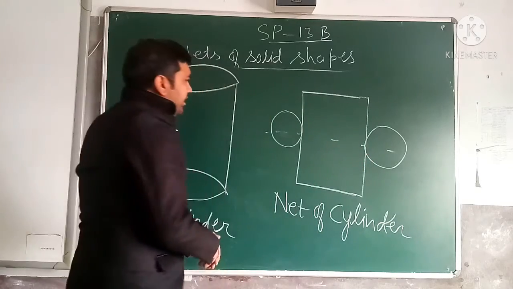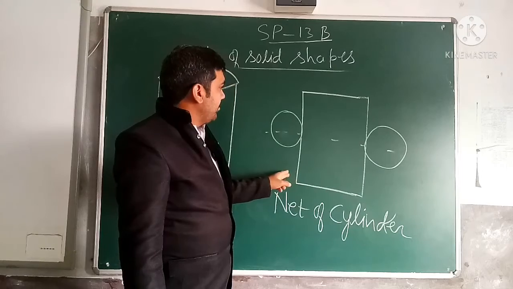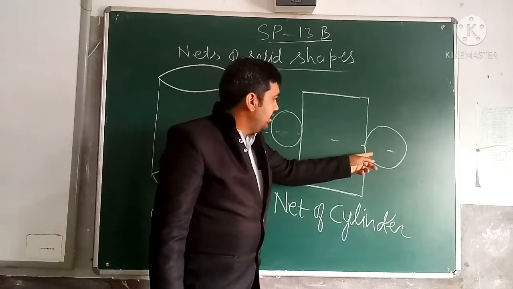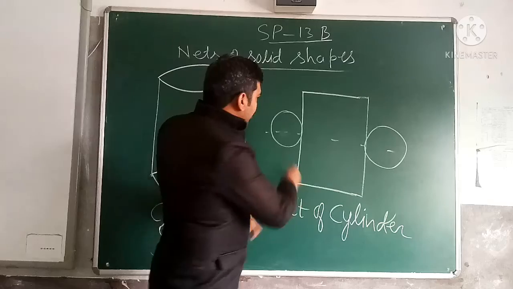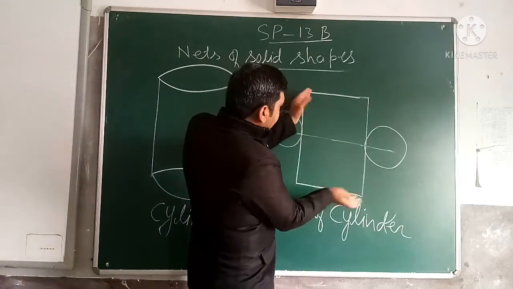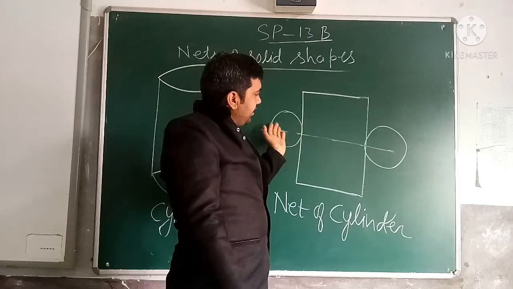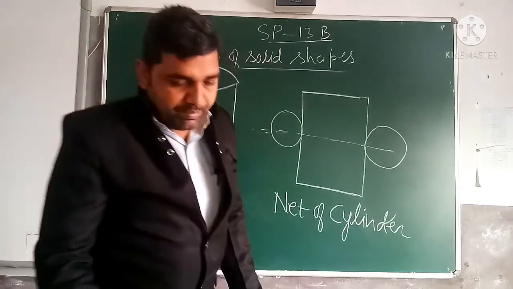You can take a piece of paper at your home, cut a rectangular piece of paper and two circles, and paste its edges on the circles. Then fold it along this rectangle to make a cylinder, and from the top and bottom cover it with the circular pieces of paper.